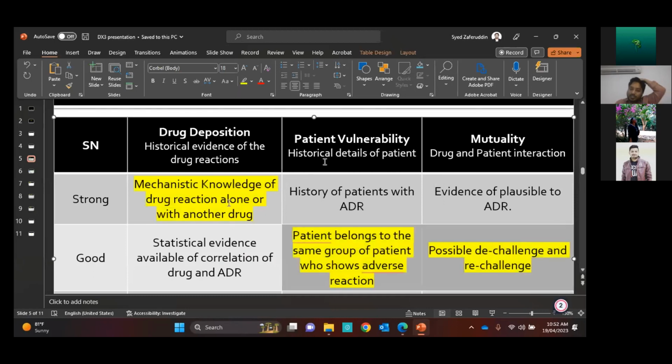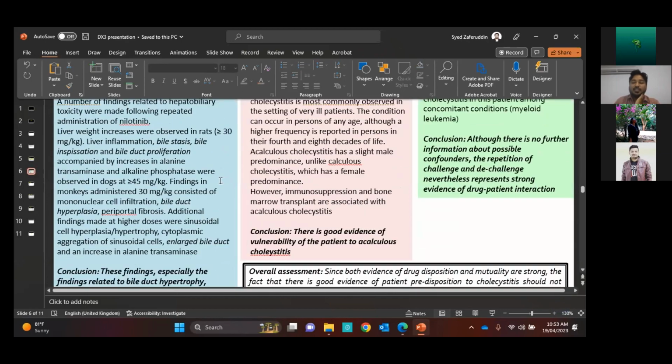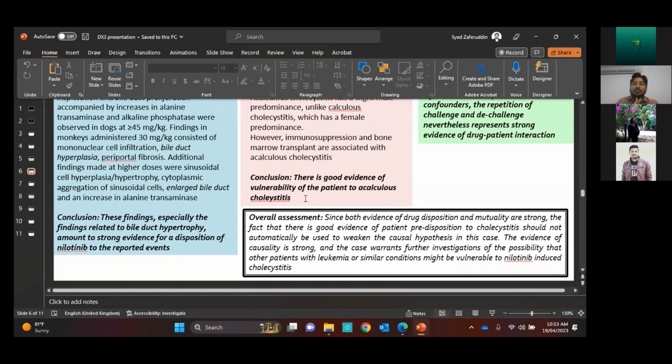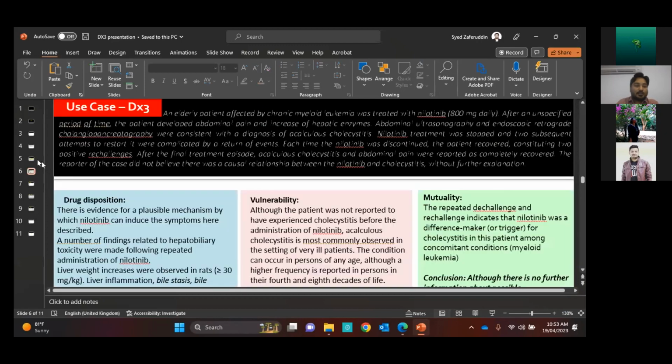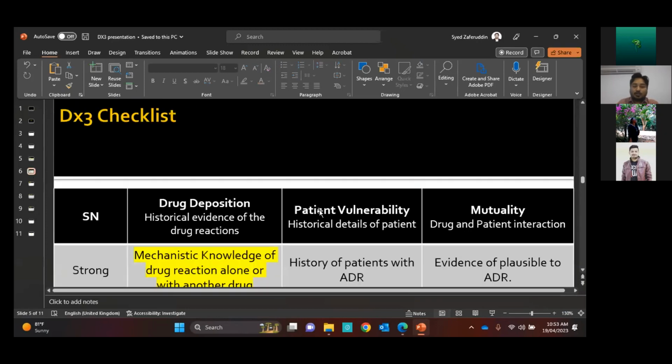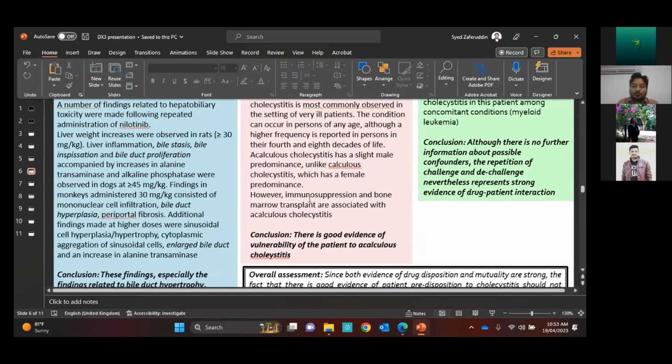So we are getting two goods and one strong from the given three parameters. On the basis of this, we can conclude there is good evidence of vulnerability of the patient to acalculous cholecystitis. So with this